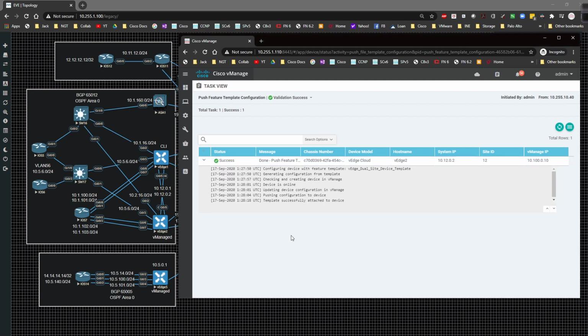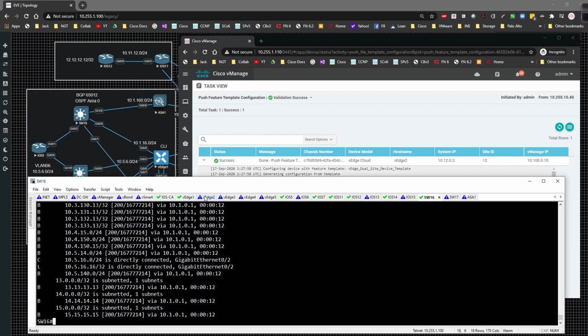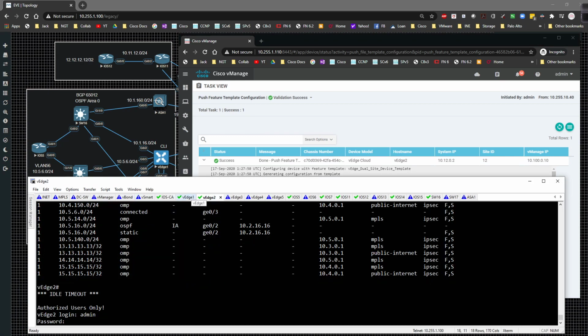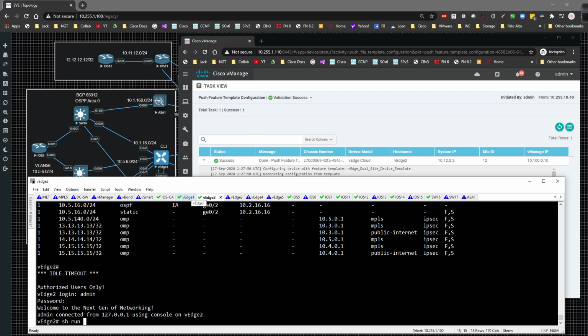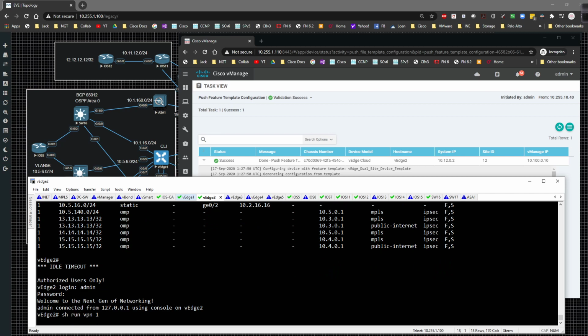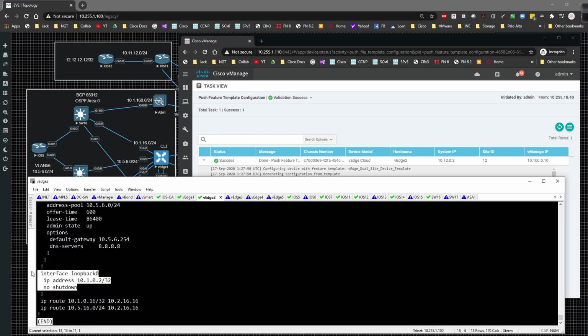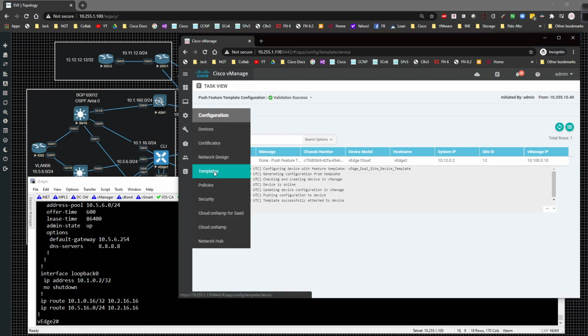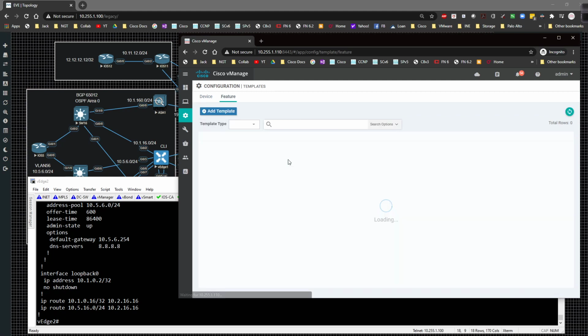Alright, so the config was pushed, so we can just real quick verify that by coming in here to vEdge 2 and admin and then admin, and we can do a show run VPN1, and we'll see that loopback 0 has now been added. So now we'll come back over here to the templates, we'll grab the feature templates, and